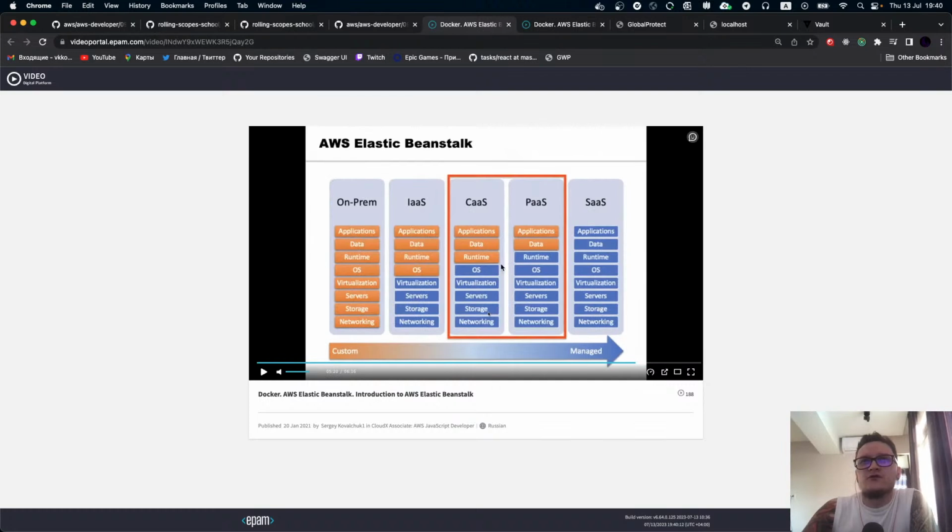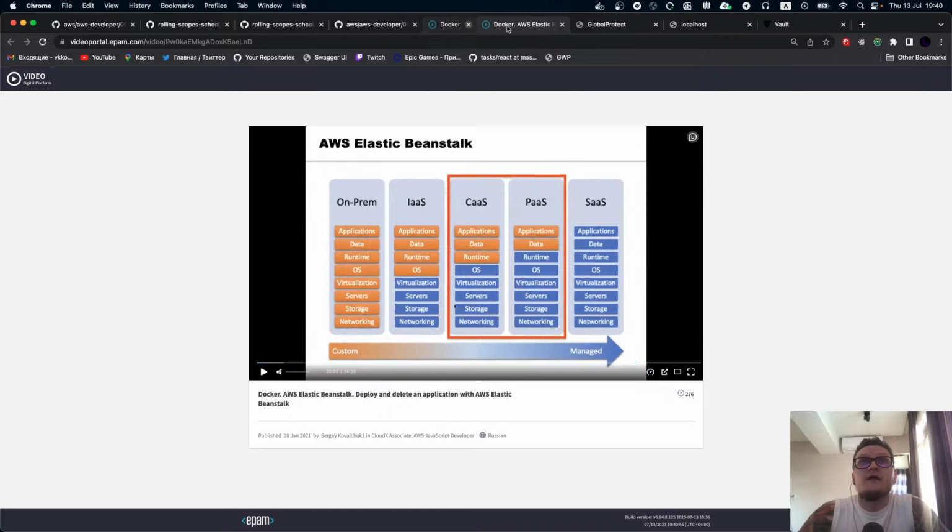So as you can see, if you are using Docker, what you have to think about is application and the data you're using. If you are not using Docker, you have to also think about how it will run, the runtime, and that's how Elastic Beanstalk works. So you don't have to think about virtual machines, services, storage, networking, scalability and everything else. He just does very much stuff instead of you. You just have to think about your application, how it works, how it performs, and that's it. Elastic Beanstalk is pretty simple stuff. It's just running your server somewhere in cloud.